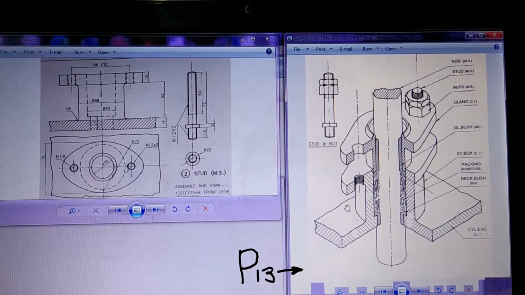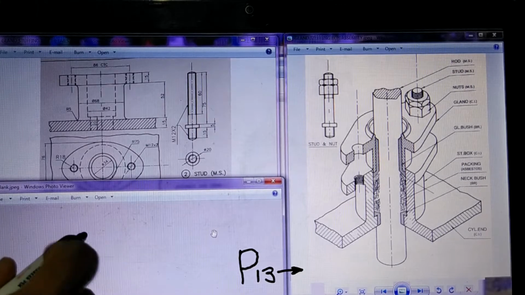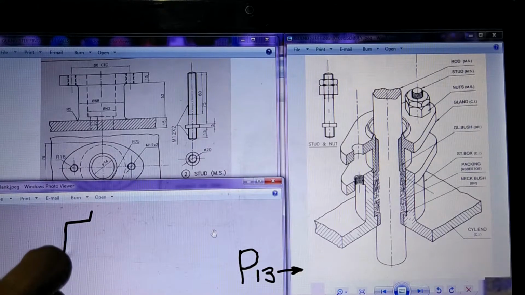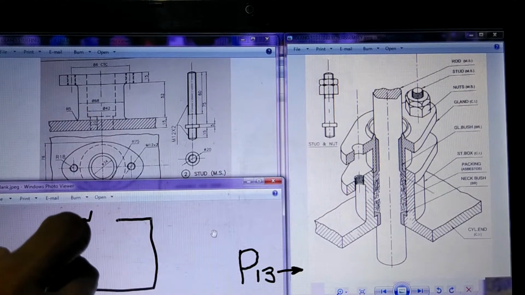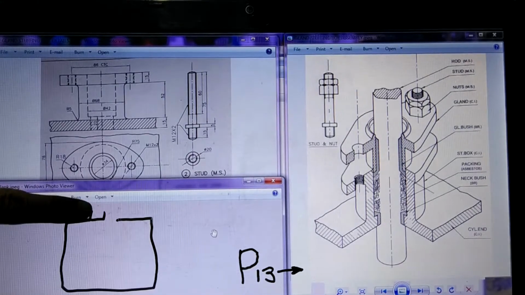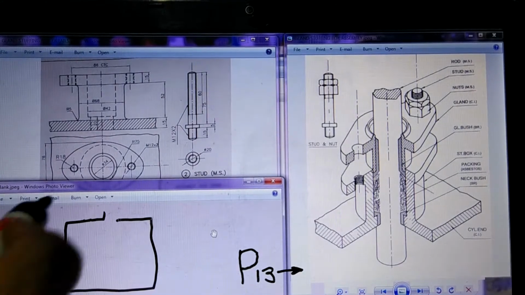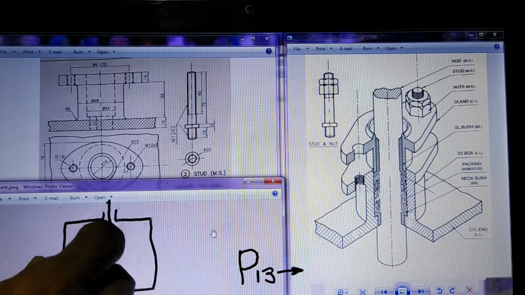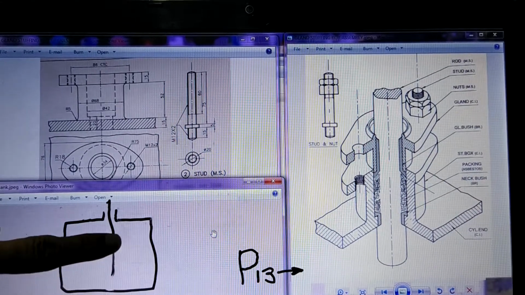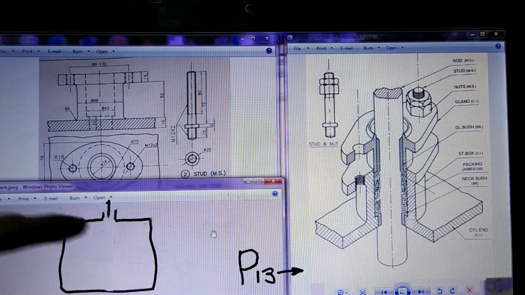Now look here, many times there are situations where, for example, I'll just draw one vessel. You can think of this as a very big container, and in this container, let's say there is a stirrer.